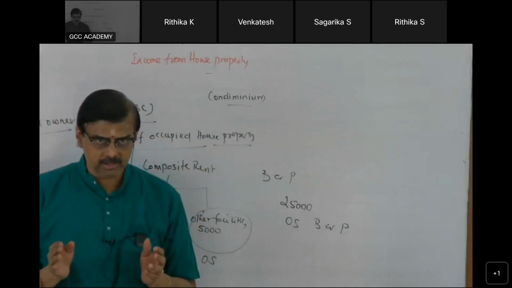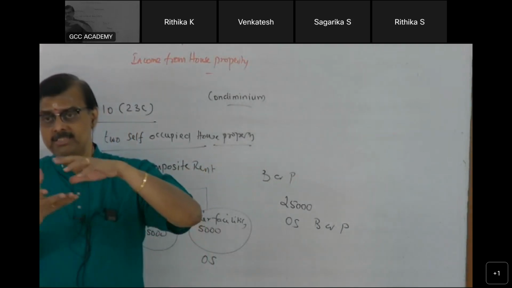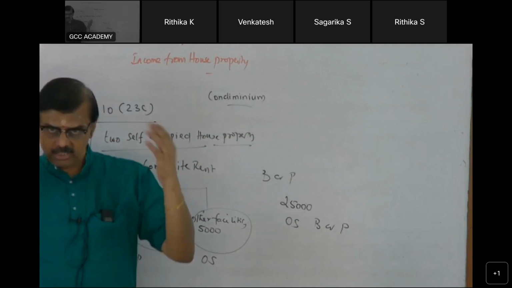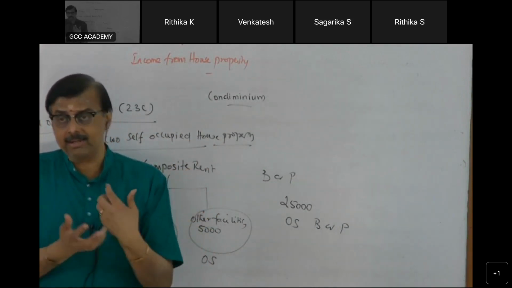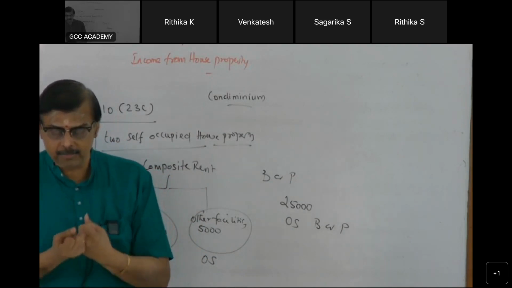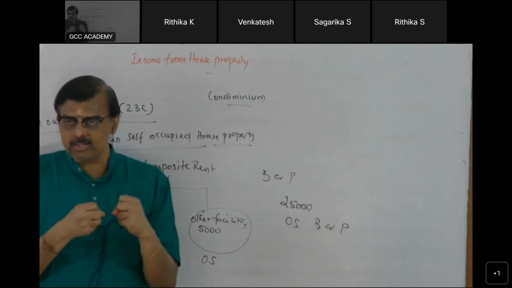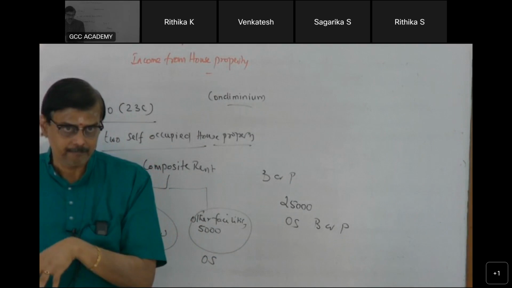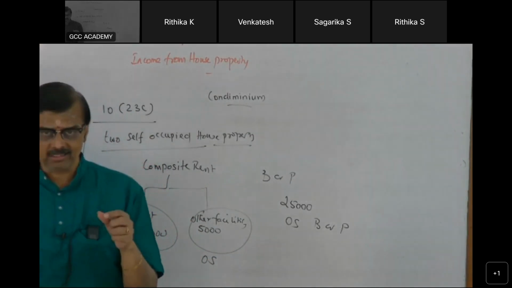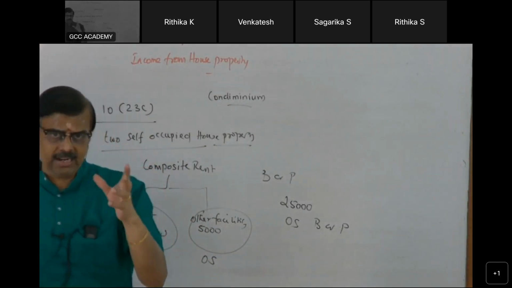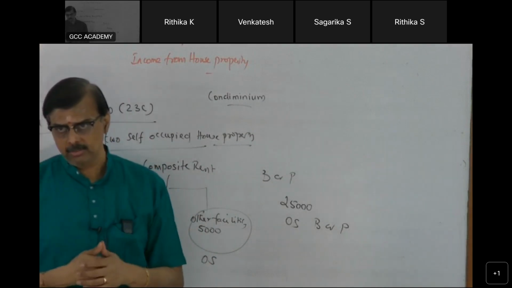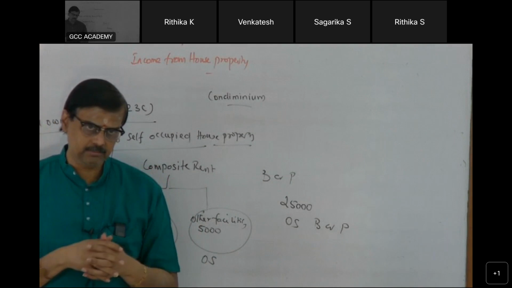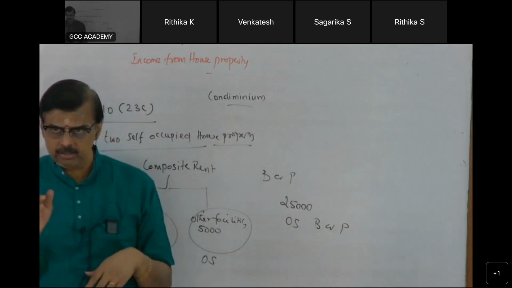I hope you're able to understand. Because the asset could not be separated, consequent to which the property is in the name of the eldest son. But he is only like a trustee. The property is in his name, but the ownership is given to others. So in this case, the eldest son, in whose name the property is, is considered to be what? Deemed owner. And he will have to pay all taxes on that. Are you able to understand? That is the second case.